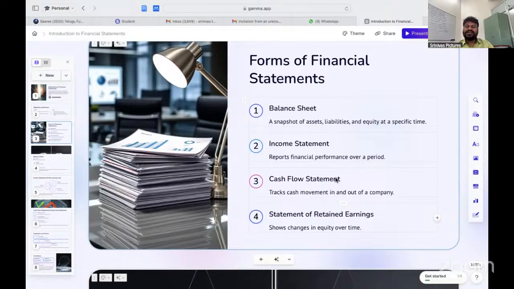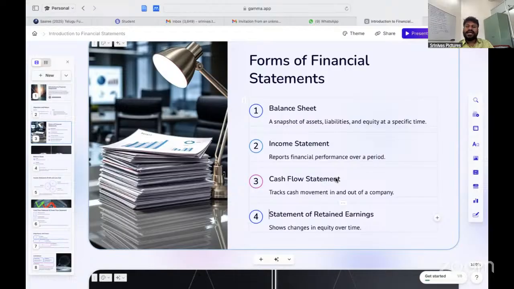And the next one is the statement of sources and application of funds. So what is the sources statement and what is the application statement? Sources talks about from where we are going to receive the funds. What is the major source of receiving funds? That is one. And after receiving our funds, where we are applying them, where we are spending. So the source and application statement talks about the mobilization of funds and the application of funds only.